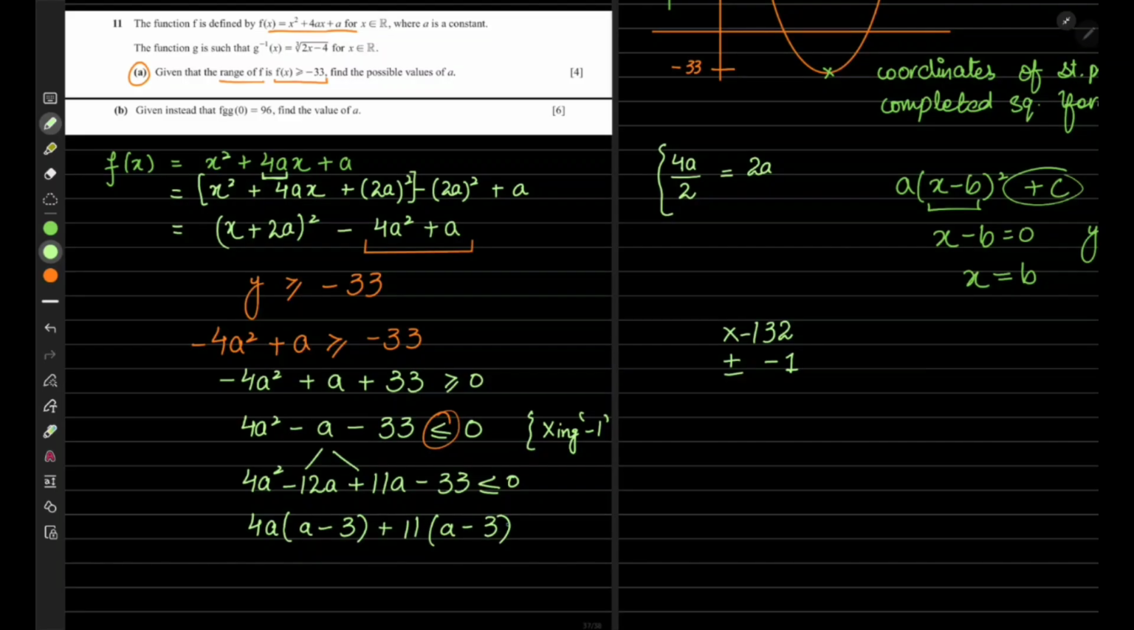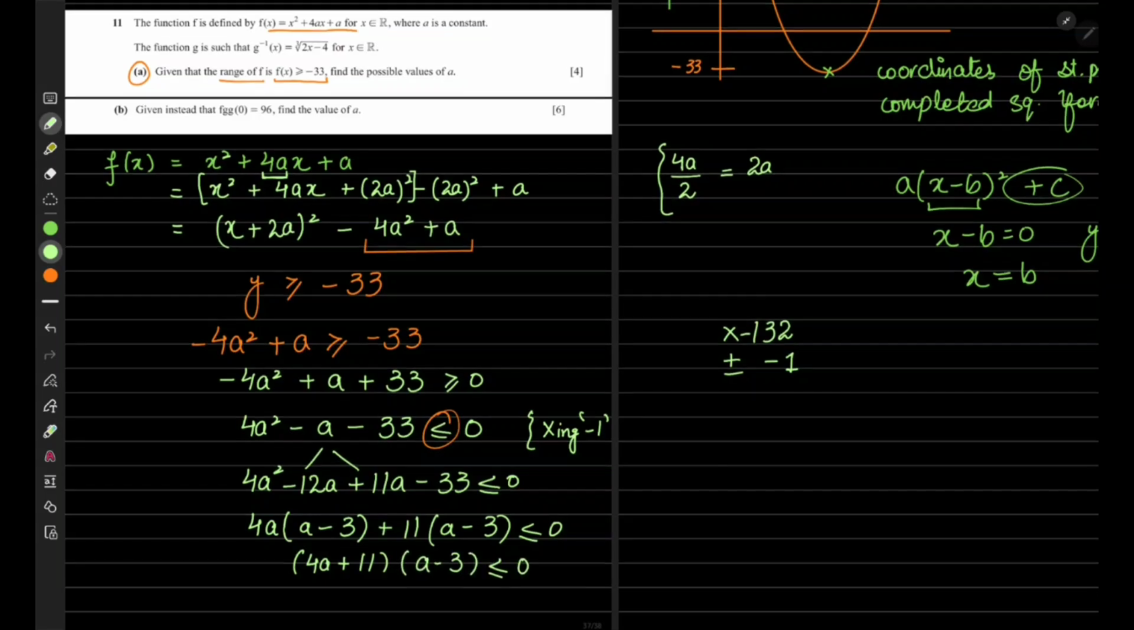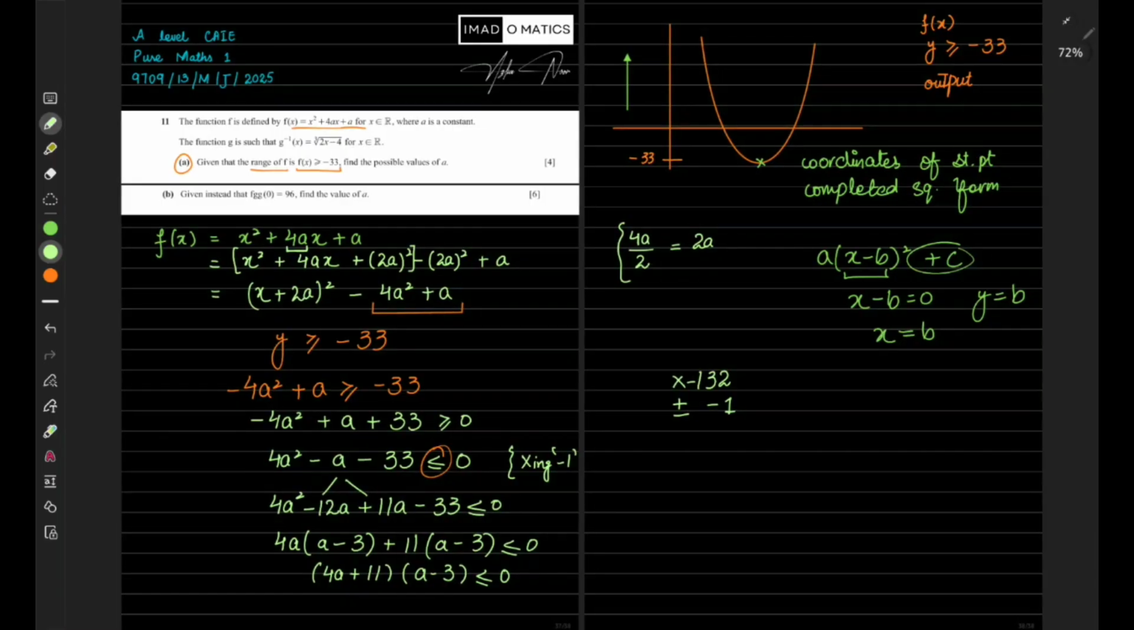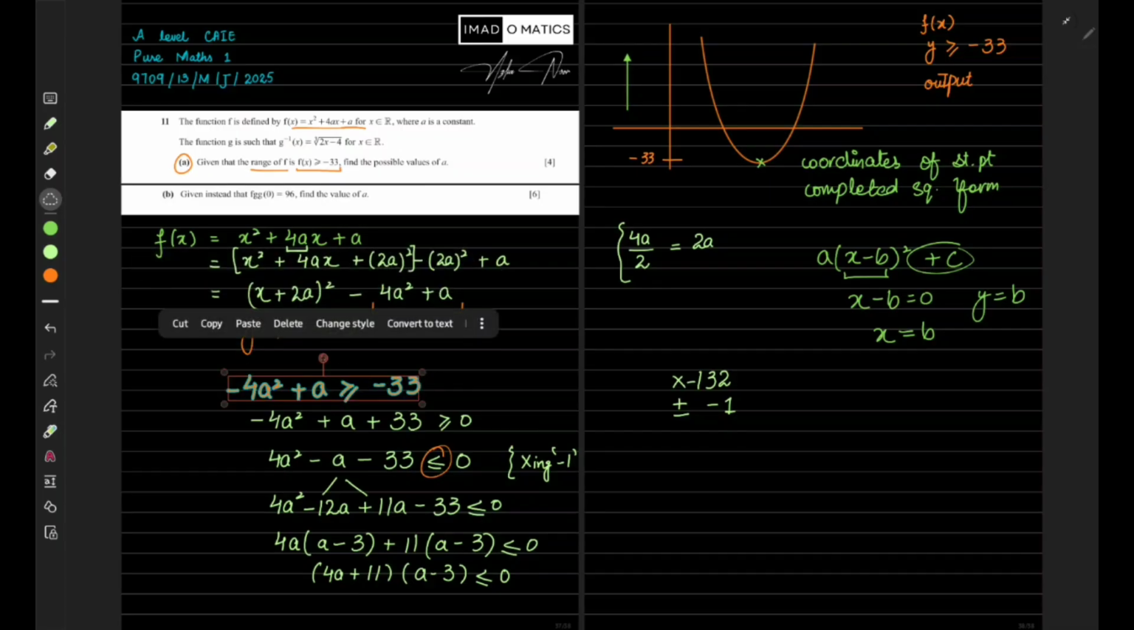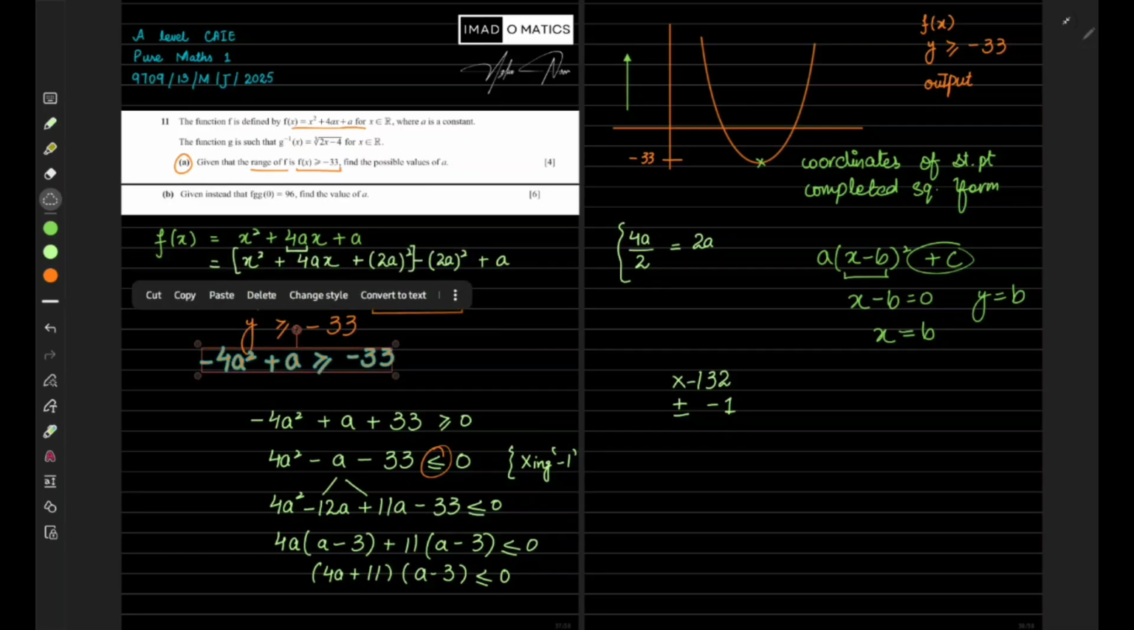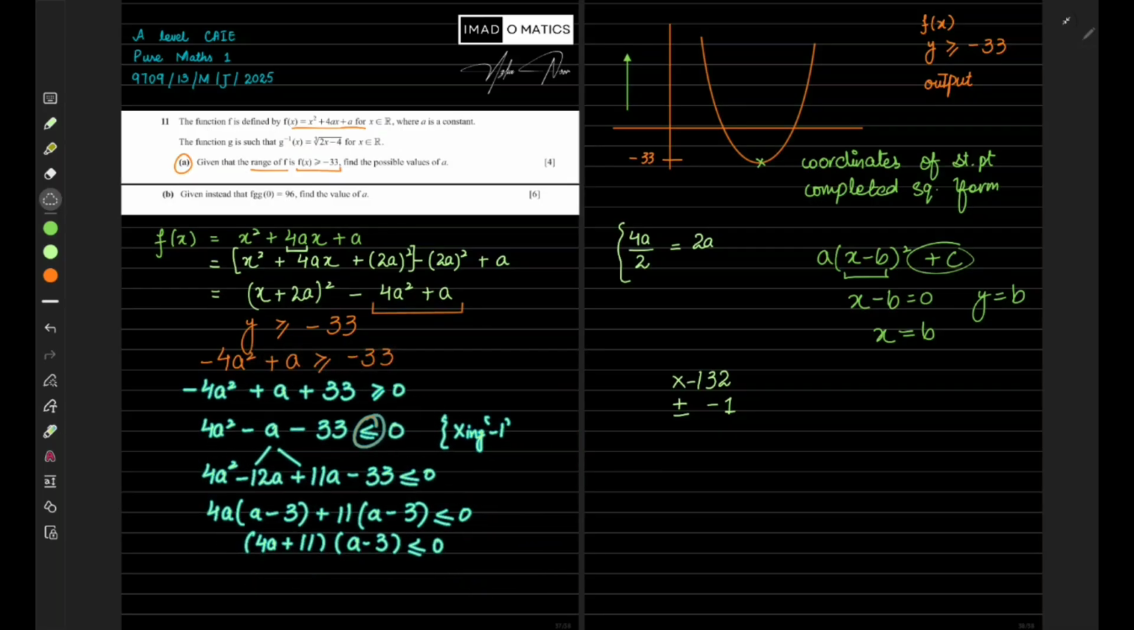A minus 3. I do it properly each step. So 4a plus 11 and a minus 3 less than or equal to 0. Okay, what are they asking for? They are not asking for the region. Normally the question seems to be like the set of possible values of a. Okay, so they are not saying this, they are just asking for the possible values of a, not the set of